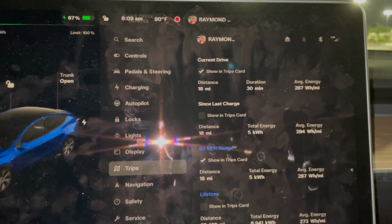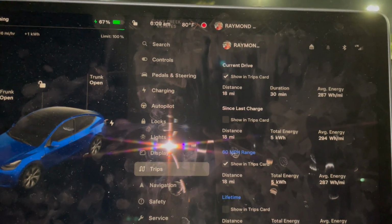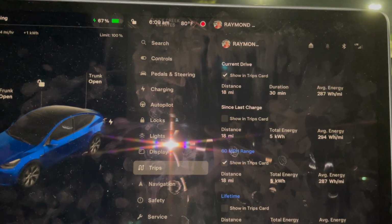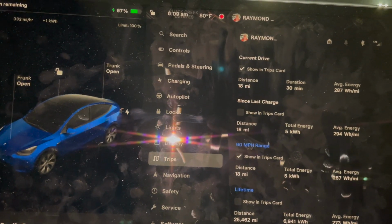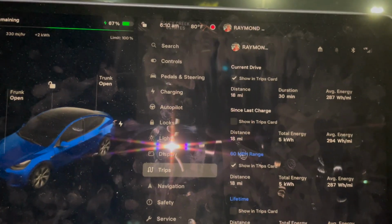Okay guys, welcome to Cedar Park. 18 miles, 30 minutes, 287 watt hours per mile. However, I'm at the supercharger, so it preconditioned the whole way. So it chewed up some energy. So anyway,